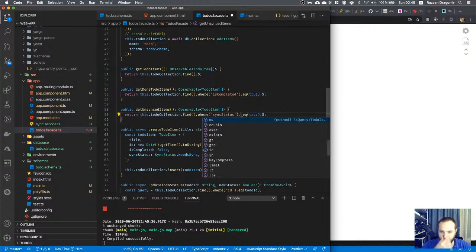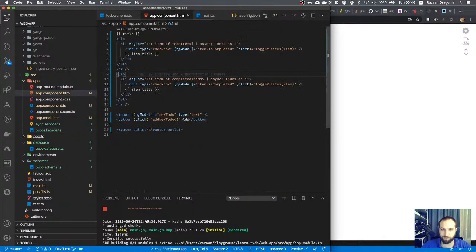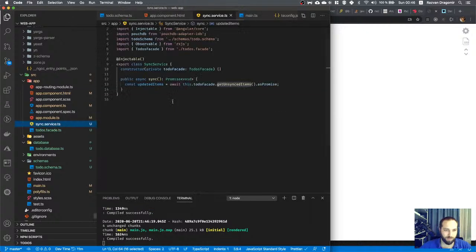How do we say not equal? Different. Equals. Not equal. Not equal synced. Sync status dot synced. Okay. Right. So we'll get all of those, and then inside the sync service, here we have an observable